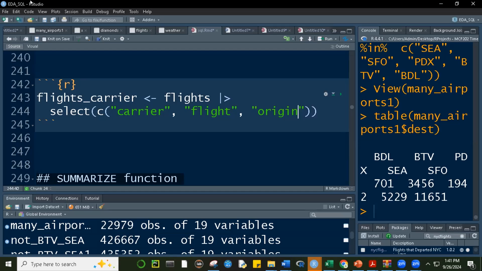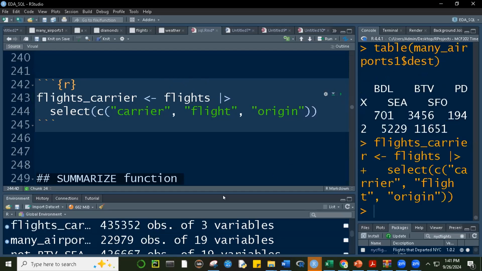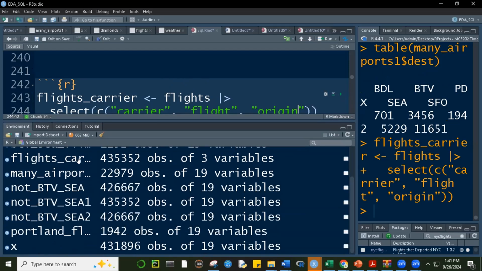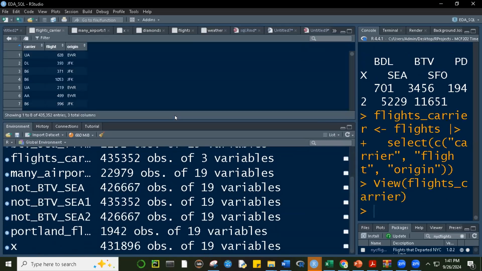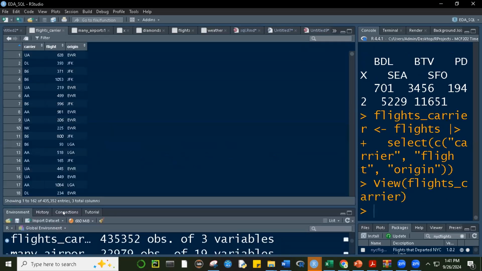Okay, take a look at this, class. We're creating this object, flights carrier, using the flights data set and then select. So see what happens here. If I print flights carrier, notice that the number of rows did not change. It's still 435,000 plus. Only the columns, the variables,